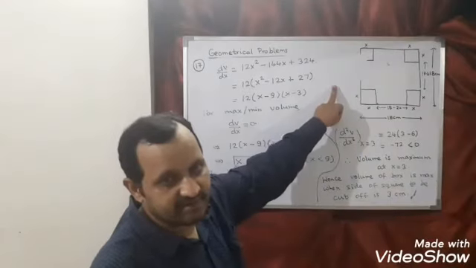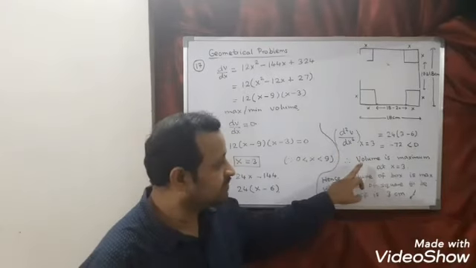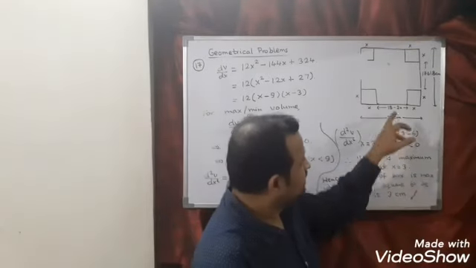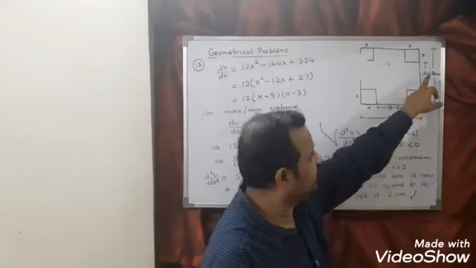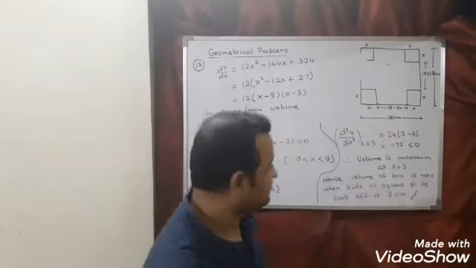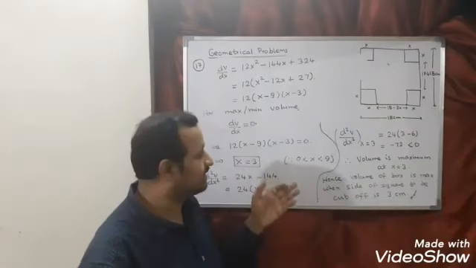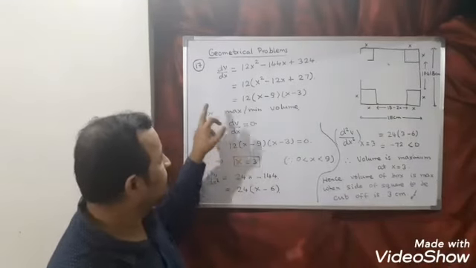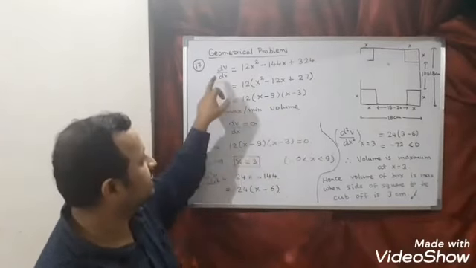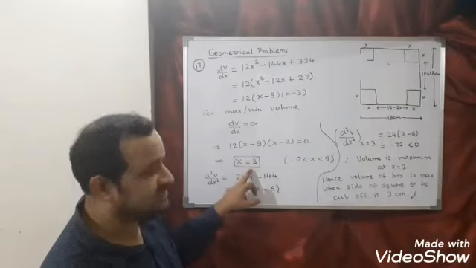In the question what is given is maximum volume, and you can see here we also got maximum volume. So in the question only the answer is given. What we did here is, 18 minus 2x is length, 18 minus 2x is breadth. Since it is a square, length and breadth both are same, and x is height. So volume of box formula is length into breadth into height. So calculate volume, differentiate, you will get dV by dx. For maximum or minimum volume, dV by dx is equal to 0. So the moment you put it equal to 0, you will get x is equal to 3.